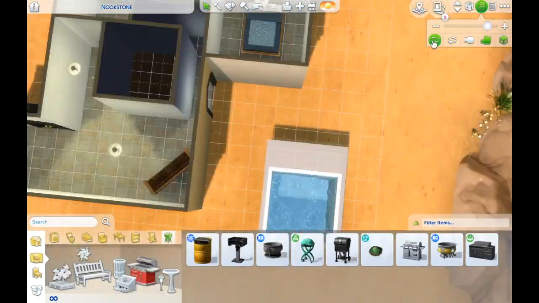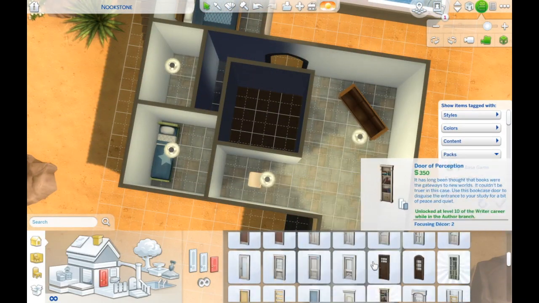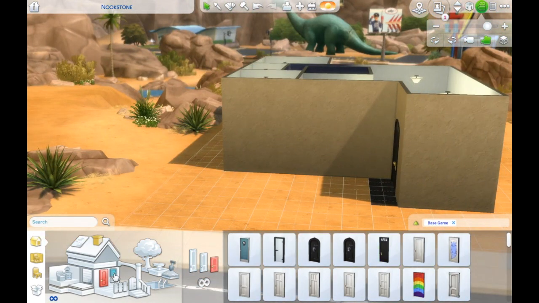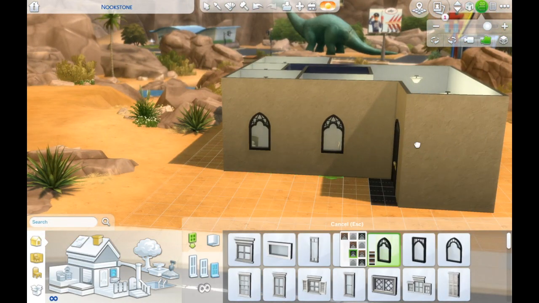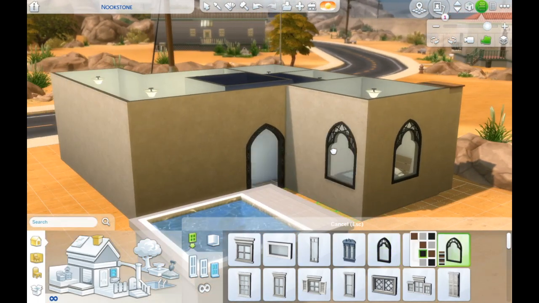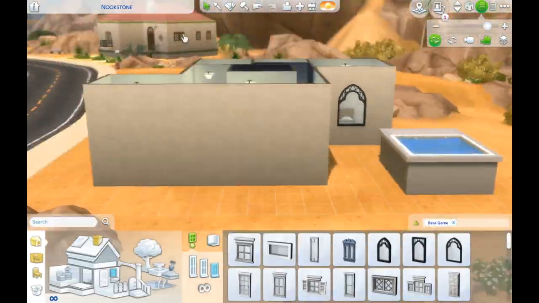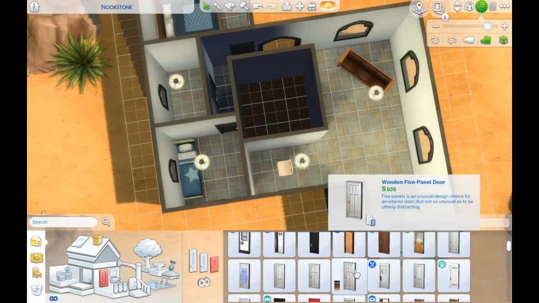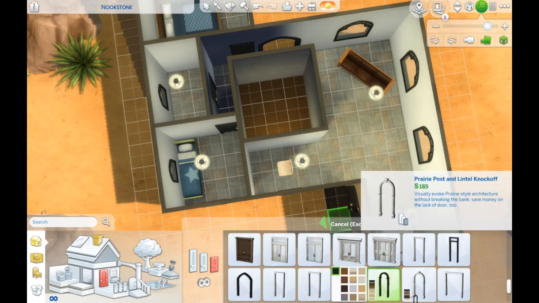I got to do Oasis Springs, even though I hardly ever play in it, which you can tell by the fact that I accidentally picked a lot full of background dinosaurs. I did not realize that was part of the deal until I was halfway through building this house, and I've decided for this series that I'm just gonna pick the tiniest possible lot in the